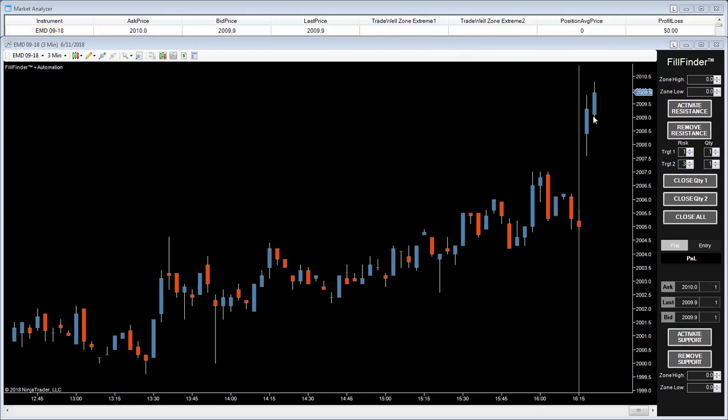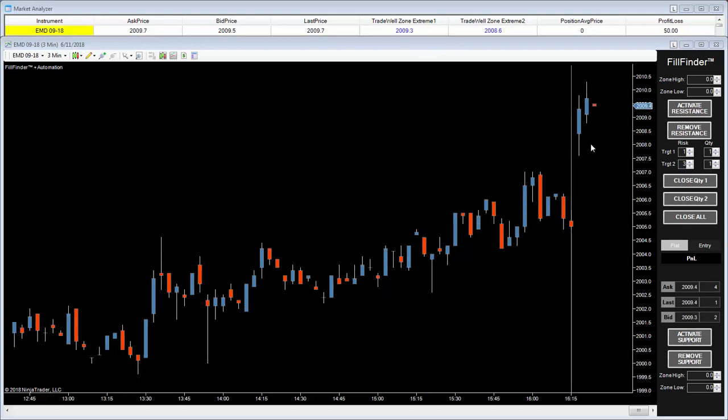This period's just about to close, so I'm getting ready in case we do get a zone, so we can enter that in. The market has moved upward, anticipating a support zone. We just got it, 2009.3 down to 2008.6, and we'll activate that zone. Then we'll look at some profit objectives and set the quantities, which could be done ahead of time. In this case though, we haven't gotten a fill so far,